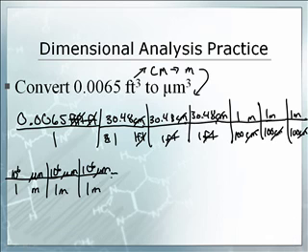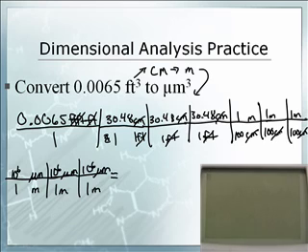Now this one's going to be tricky on the calculator. Watch as he types this in: 0.0065 times 30.48 times 30.48 times 30.48 divided by 100 divided by 100 divided by 100 times